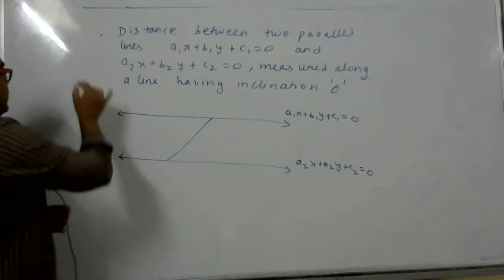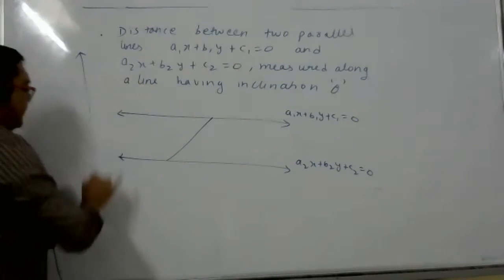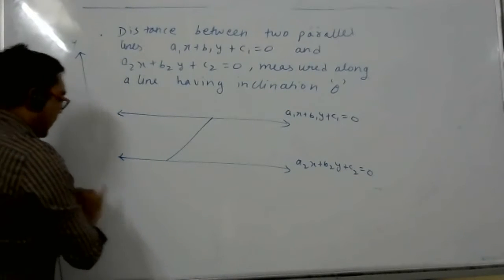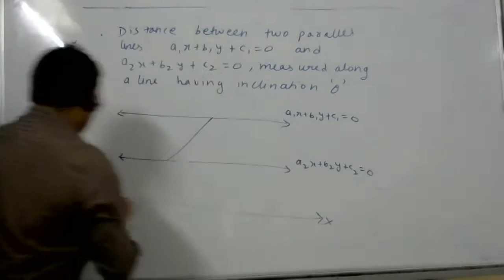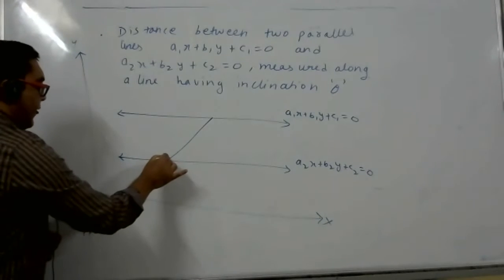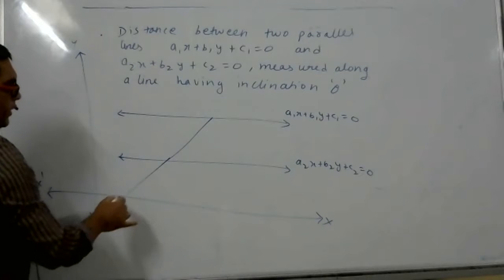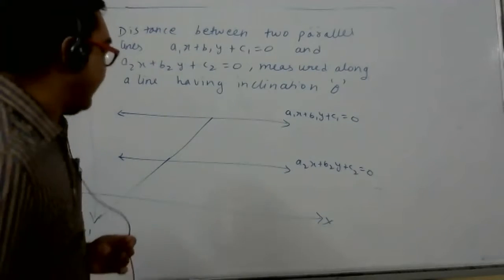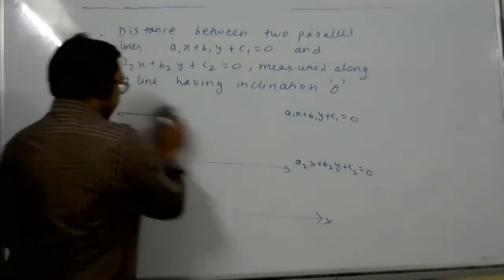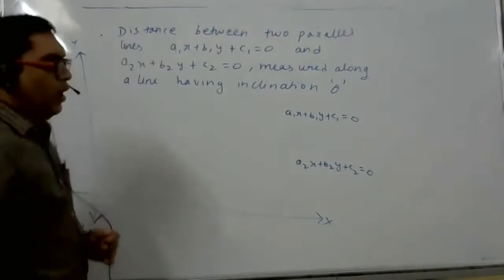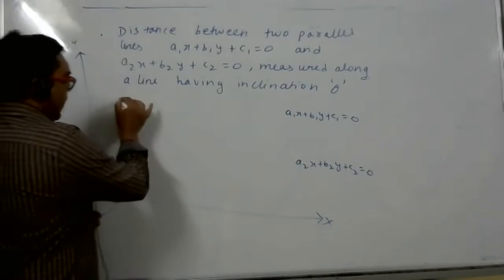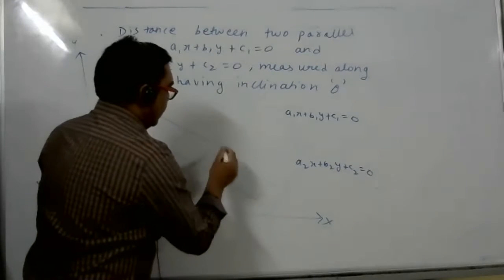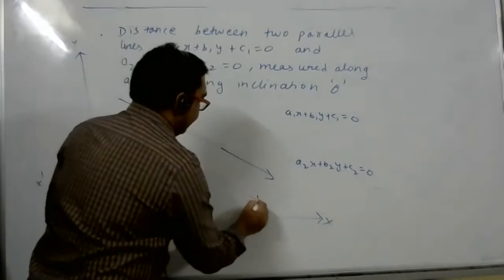Suppose I make the y-axis and x-axis, y dash and x dash. If I make it this way, this line I will proceed. It is not necessary that all the three lines should be parallel. Actually, I'm not drawing the diagram correctly, so let me draw again. See, it is not necessary that it should be flat only. It can be like this way also. It can be anything. Only the lines should be parallel. That much only I'm saying.